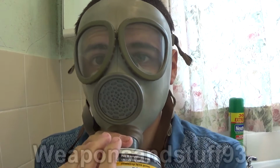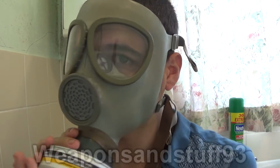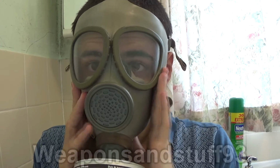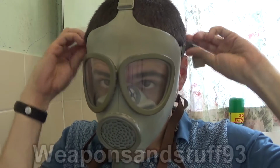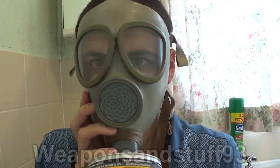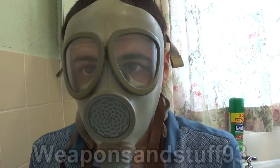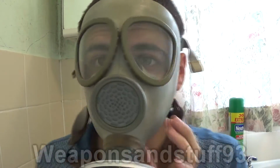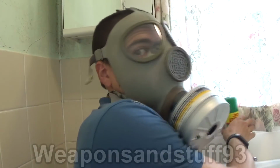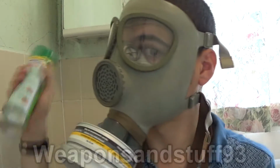Yeah, I think air's getting in somehow. Although I'm not actually sure if that's air getting in. The sides. Right, I'm going to assume that that's actually air that's trapped inside the mask that I'm slowly inhaling. So we'll test it. I can't actually see if my pressure check's going to work, but whatever, let's test it and see. So, as said,